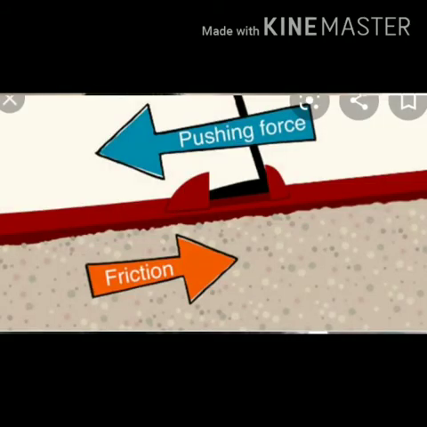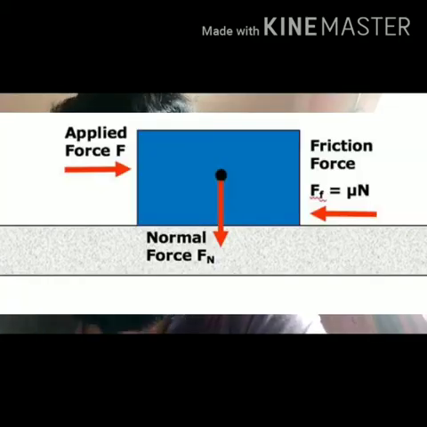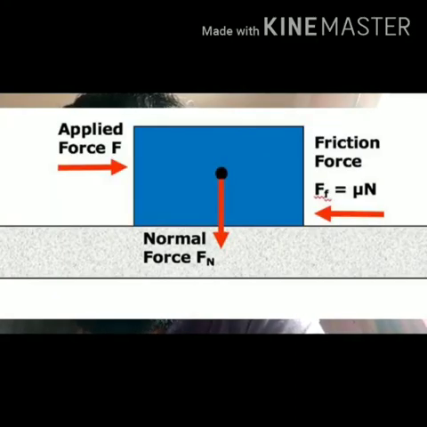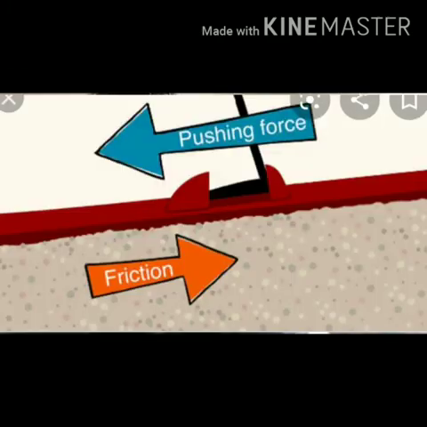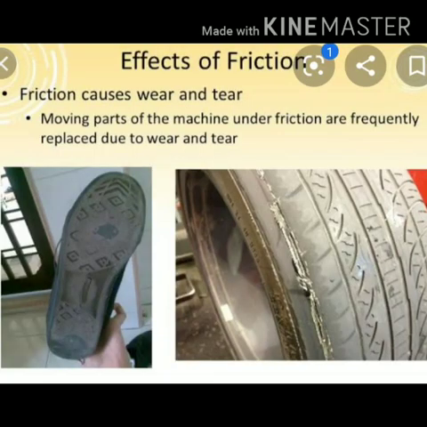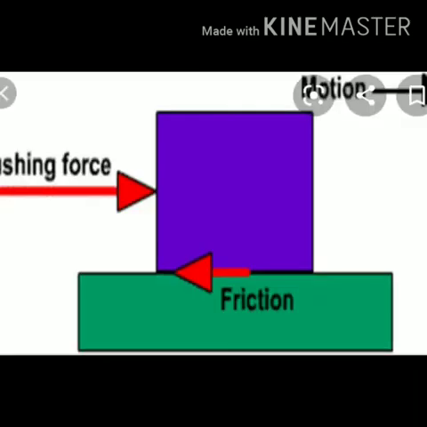Next, the area of the surface in contact. For any given surface, friction is independent of the shape and area of the surface in contact. Suppose we demonstrate this with a box whose sides x, y and z are not equal, with a hook fixed. Now with the help of a spring balance, we move the box on the table and note the reading of the spring balance. Similarly, with the other faces, you will observe that the same force is applied to move the box in all three cases. So friction is independent of the area in contact between the surfaces. So up to here for today, next we will start with another topic.